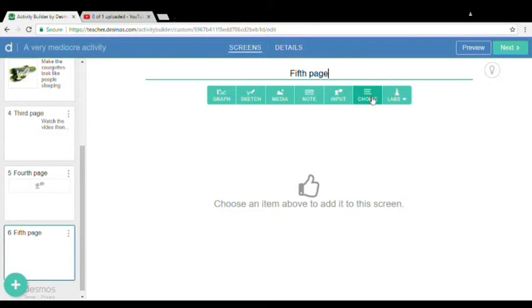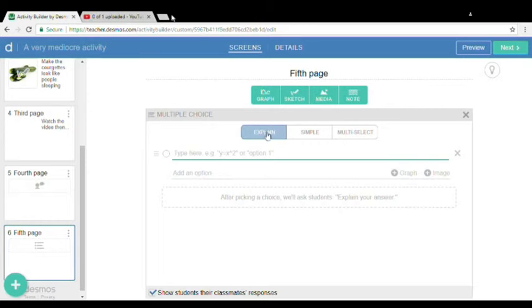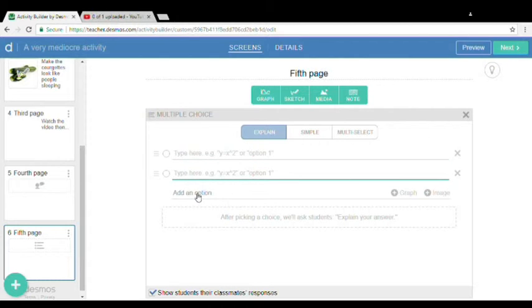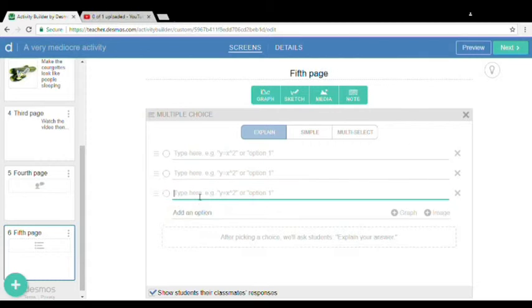Now we're on the multiple choice options, so you can add your answers to the question. It's a good idea to put a question separately and then add the different options. And this one here, option with explain, so the student has to explain why they've answered that question the way